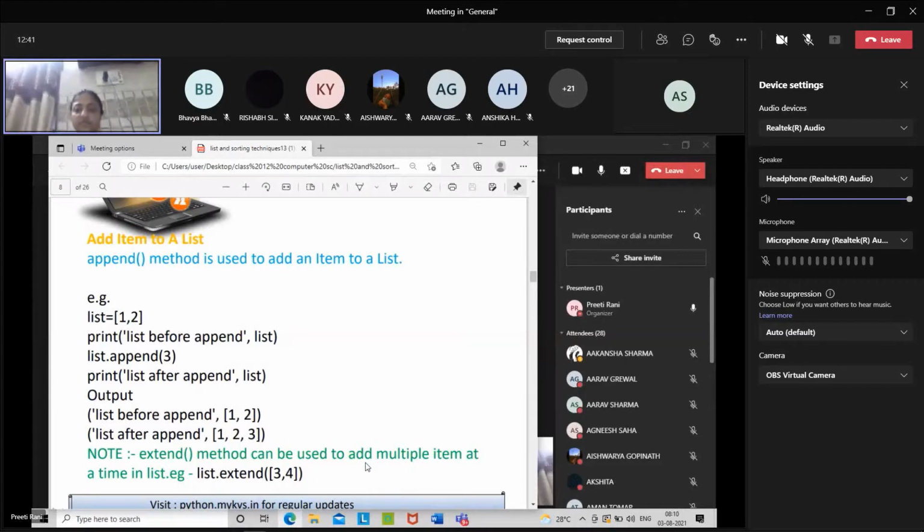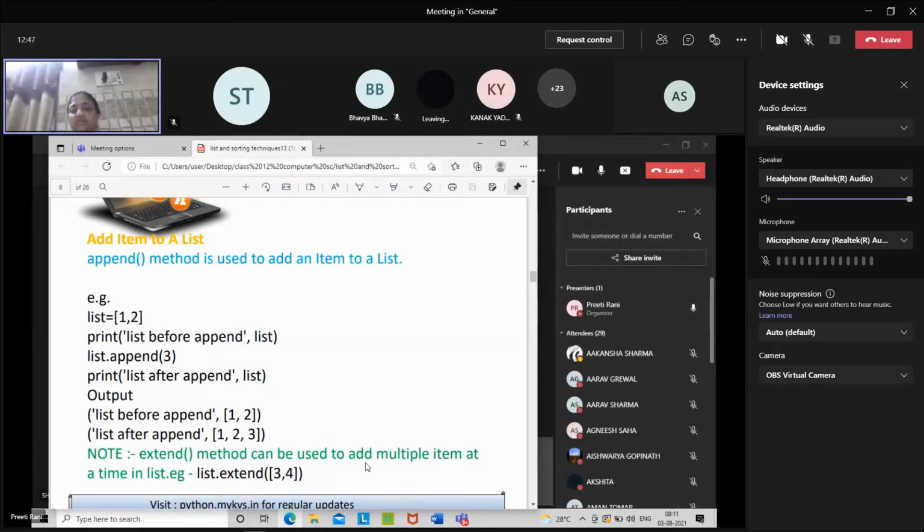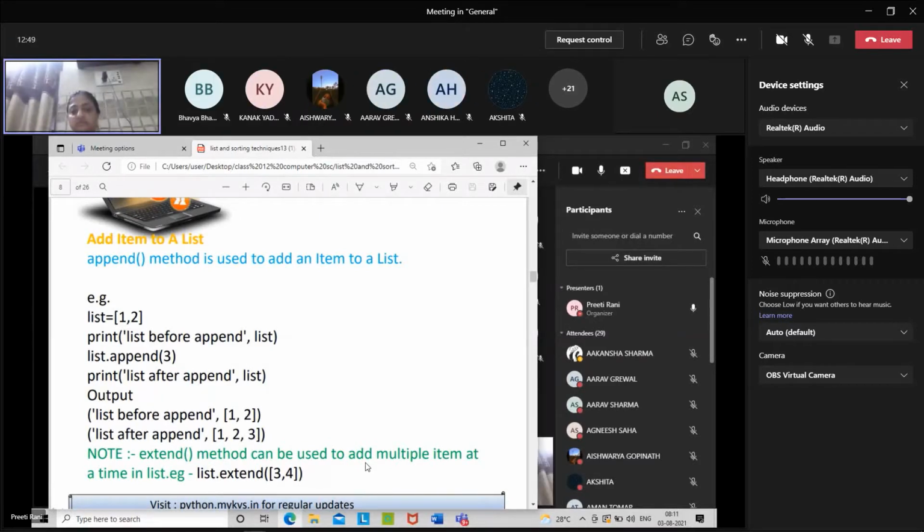Hurry up. Think and then talk. Batao fatafat. The answer is already given on the screen. Ma'am, append can add only one value while extend is used to add multiple values. Exactly. Append adds only one element and extend is used to add multiple items in a list, right? Okay, what is the other difference?